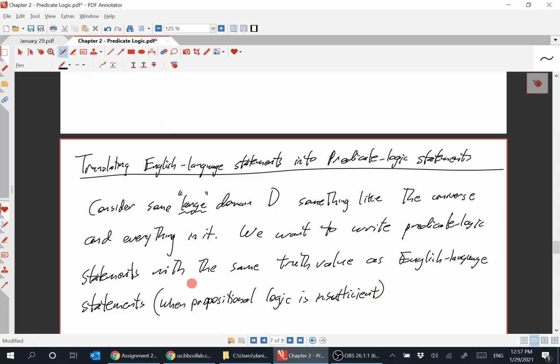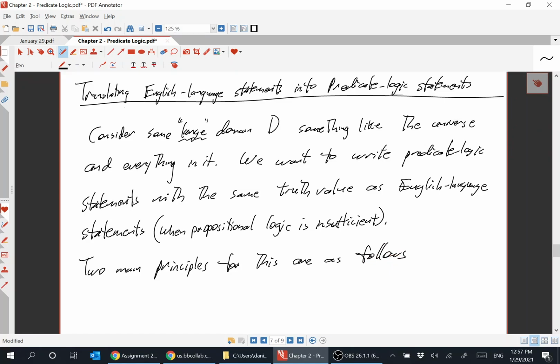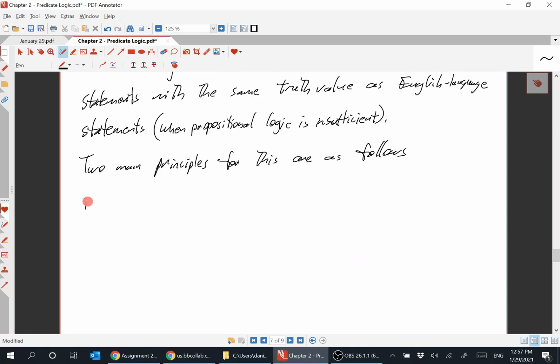Two main principles for doing this are as follows. One,